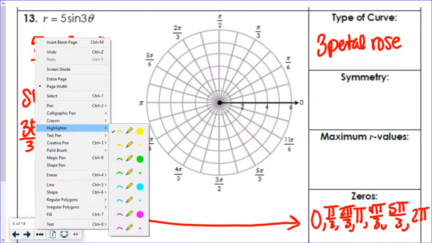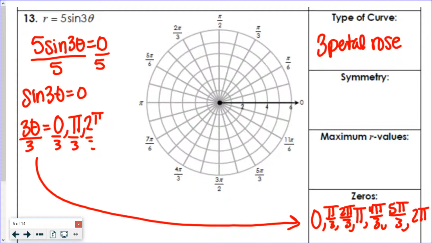So if I really lightly with my pencil say, well, I'm at 0 at each of these places, so I know my graph is not going to cross this line, and it's not going to cross pi over 3, and 2 pi over 3, and then pi, and then 4 pi over 3, and then 5 pi over 3, and then there's 2 pi again. We're not crossing those lines, because those are our zeros, which means my petals have to go